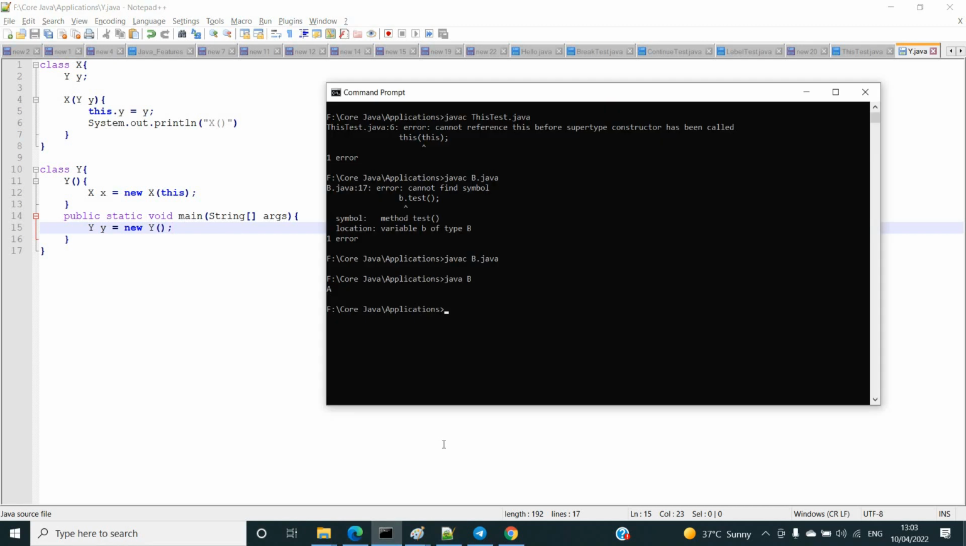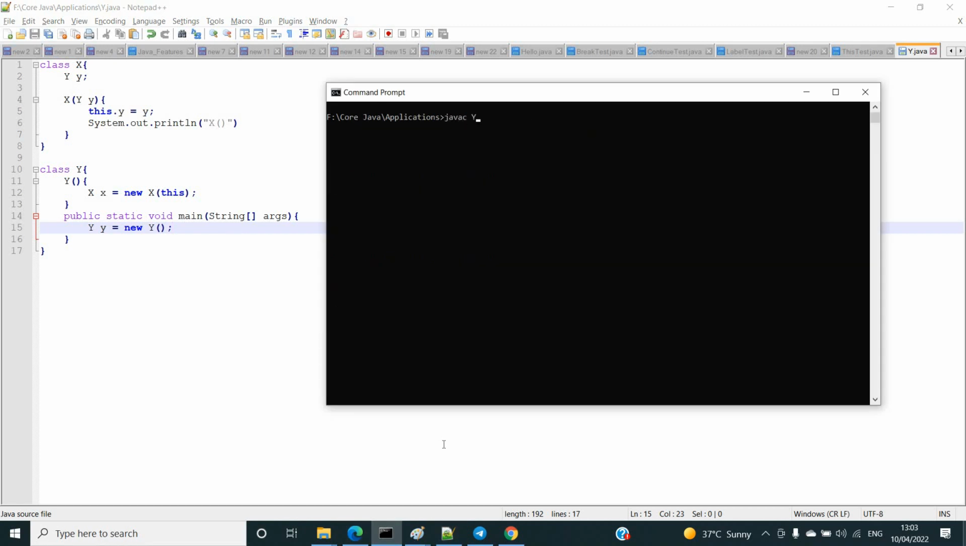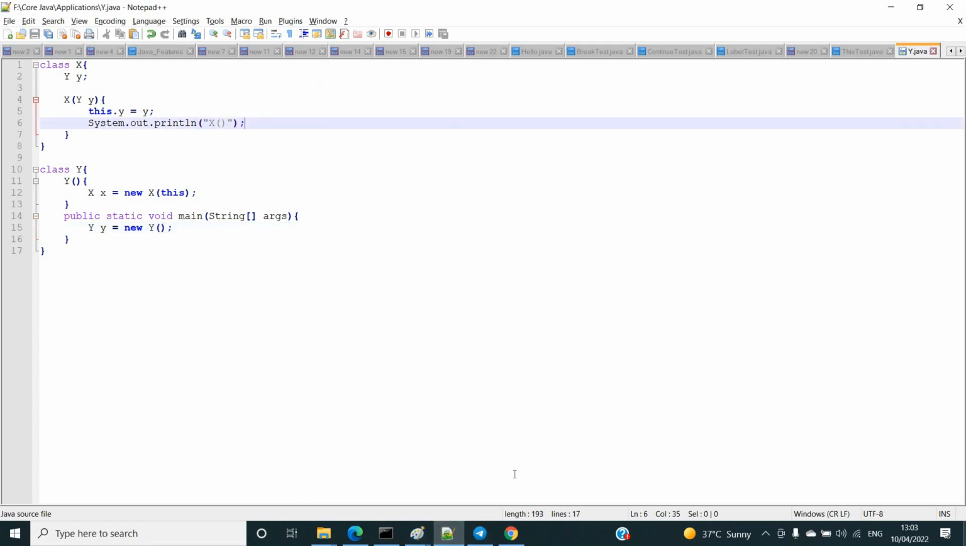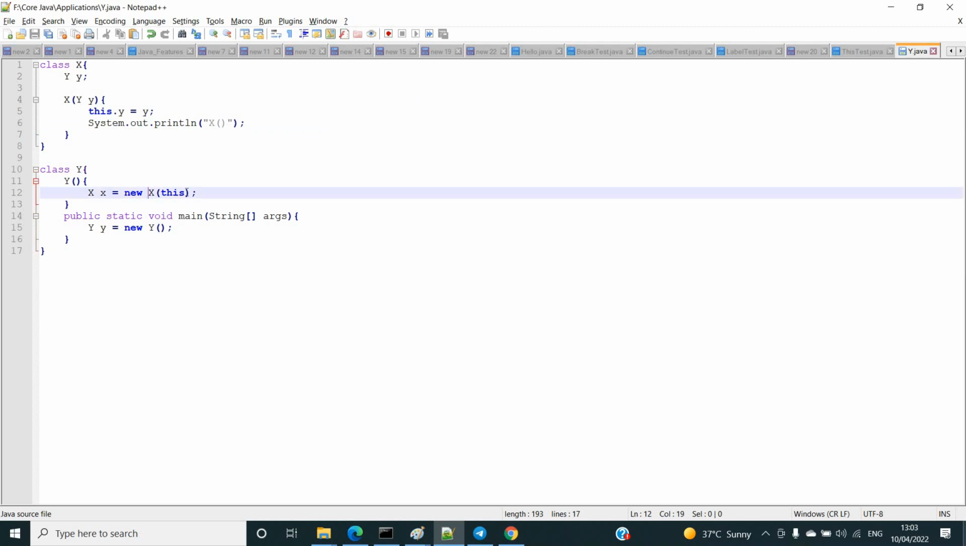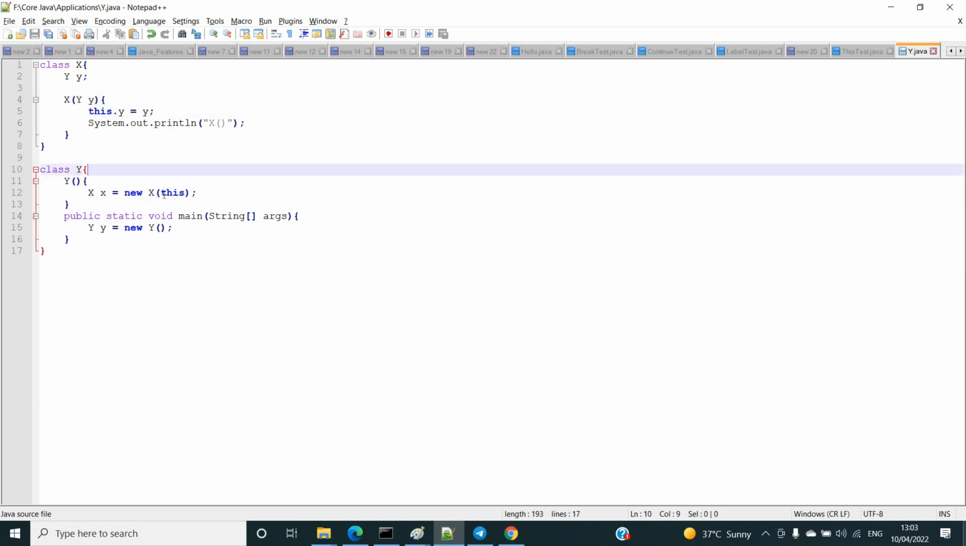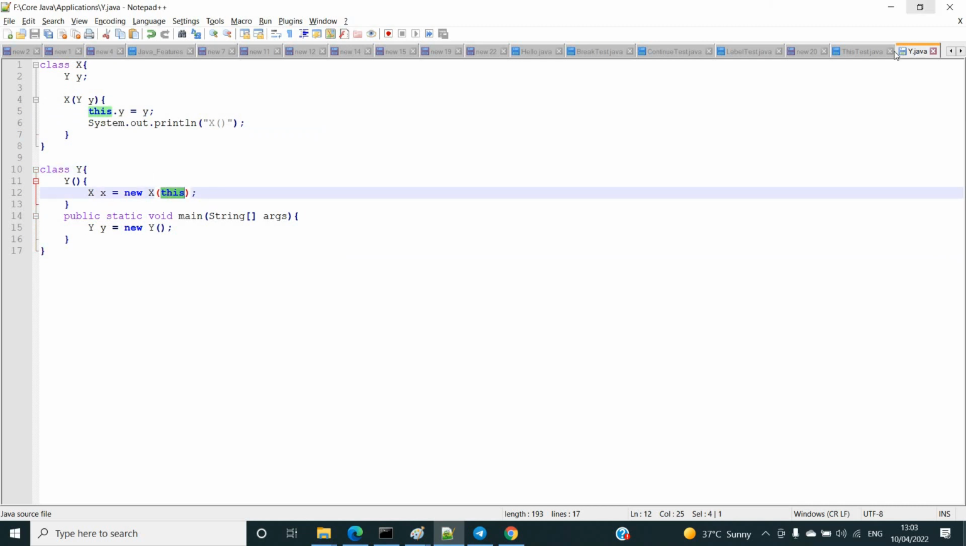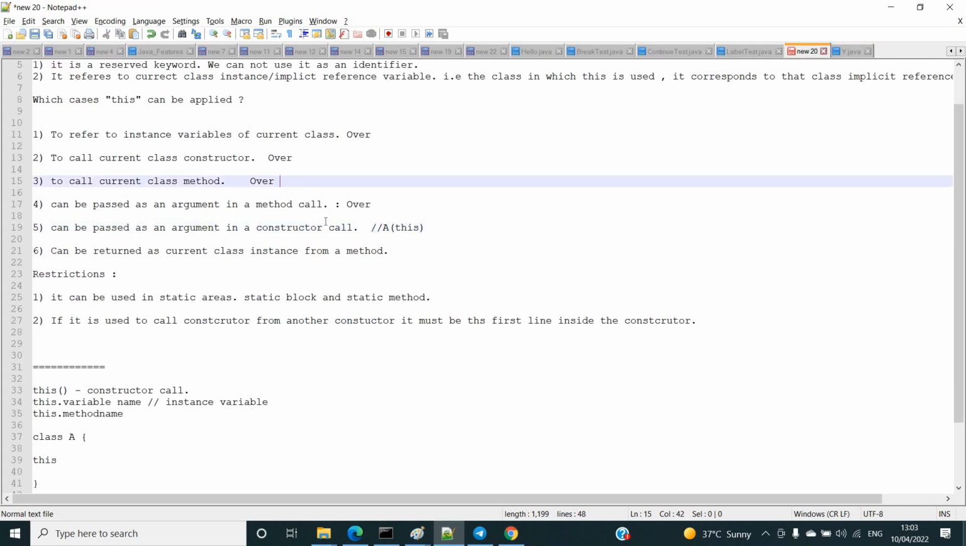Now let's save it. Javac Y.java. Sorry, I have missed a semicolon. Compiled, and if you see, we'll get the output as X. So here what happened? While calling a constructor, meaning creating the object of X, it requires a Y object. So we are inside the Y class, and directly we can pass this. So this is what can be passed